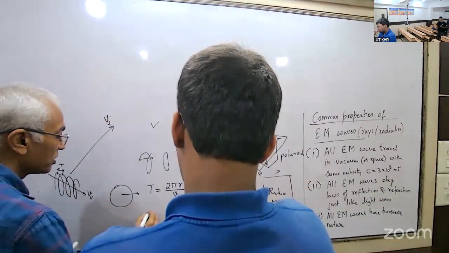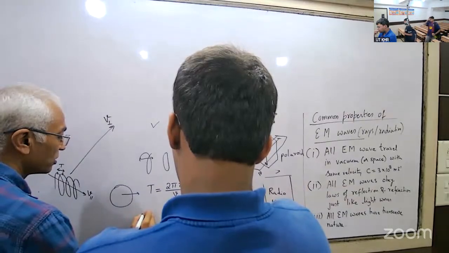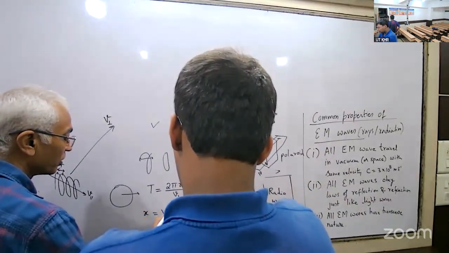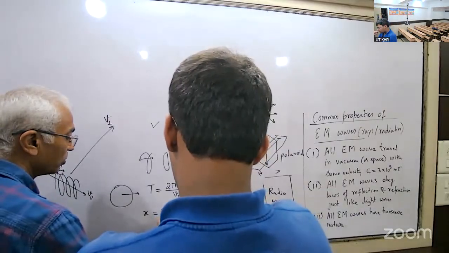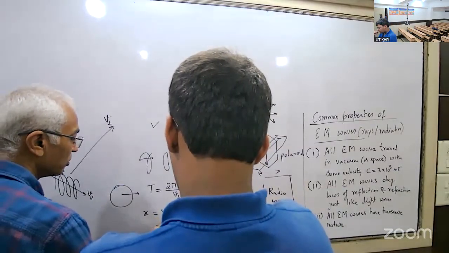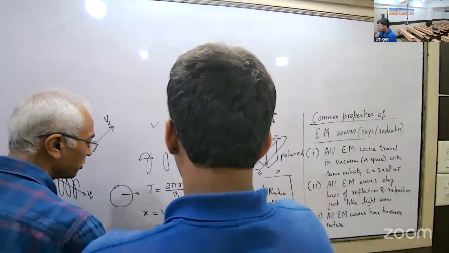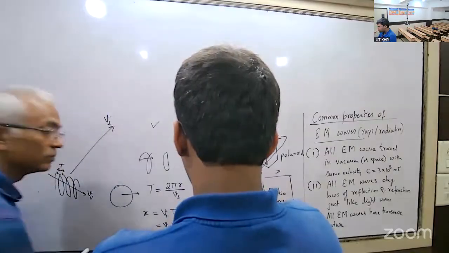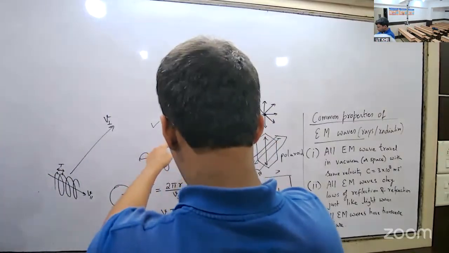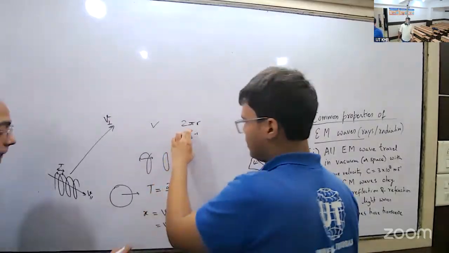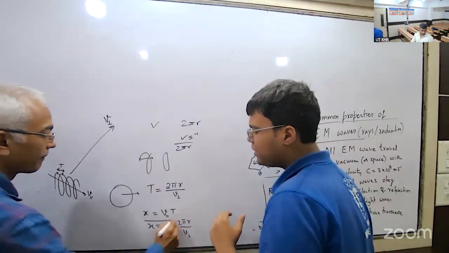So this distance traveled, how much is it? Take the horizontal distance as x. This will be E parallel into T, which is equal to E parallel into 2 pi r divided by v perpendicular. That is it. So this is what I derived from that. I was just thinking experimentally, what would